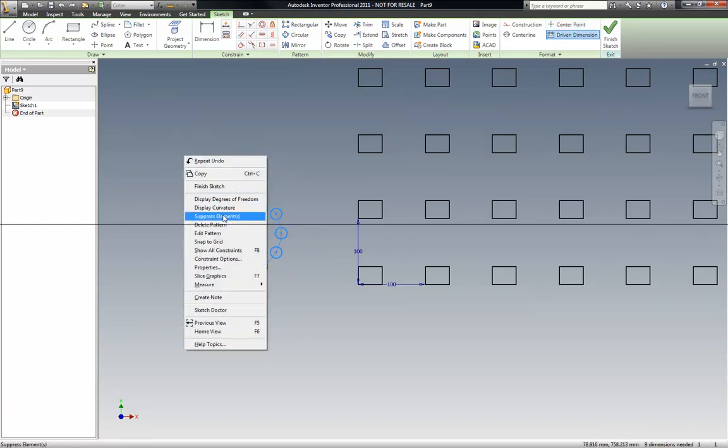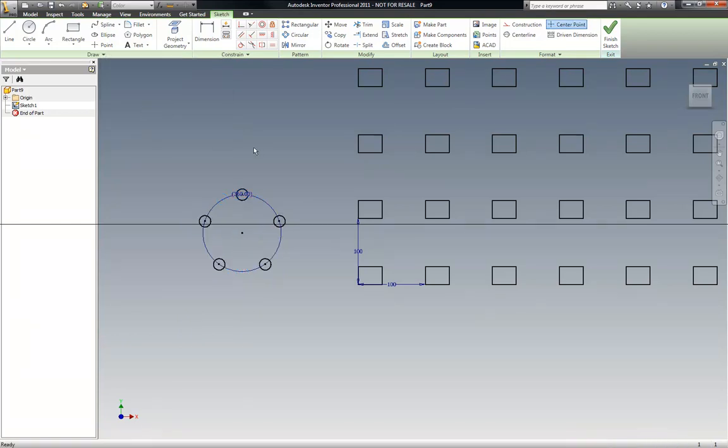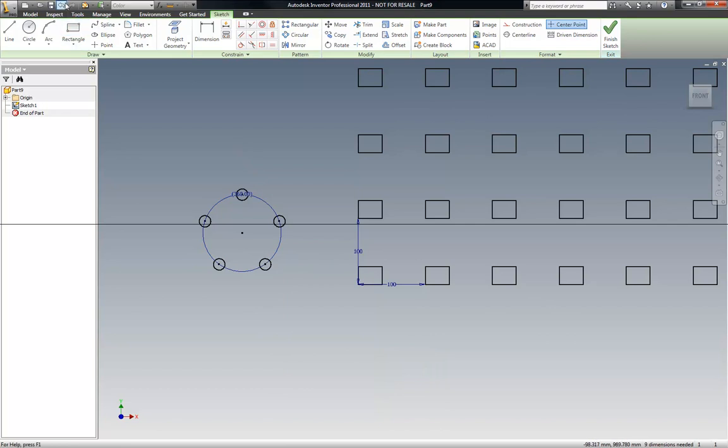And so here I can edit the pattern again. I could go 5 this time instead of 6. Okay, hit escape. Okay, I can go highlight this again, right click, and again I do not have the ability to edit the pattern other than when you're in it. So back up again,